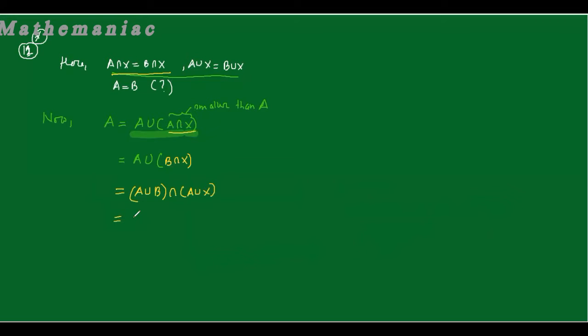Now, once you have finished with the distributive property, wherever it is possible, apply the given condition. Here I can use A union X means B union X. It is already given, right? Very fine. So now from here you can see this B can be taken out. We can apply the converse of the distributive property. So what we'll be getting here is